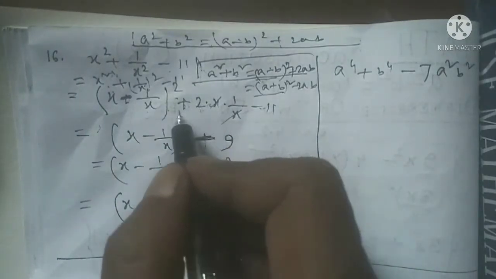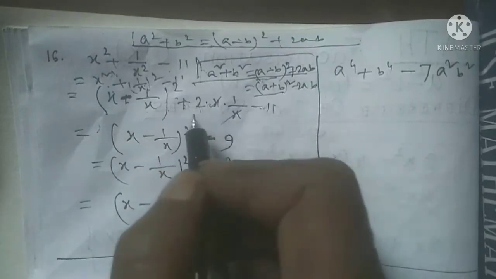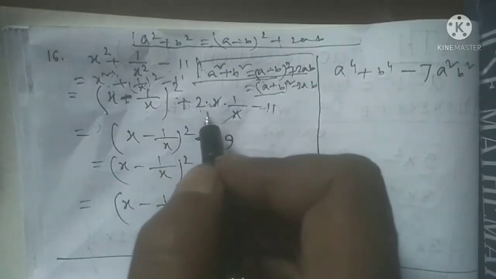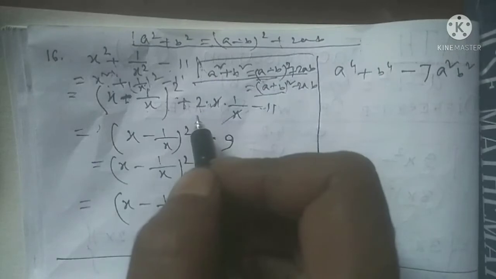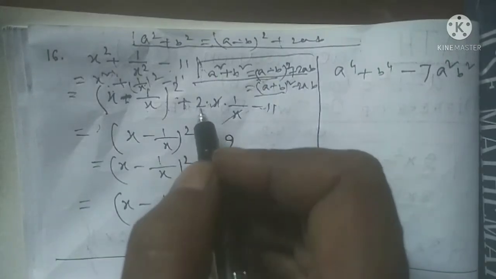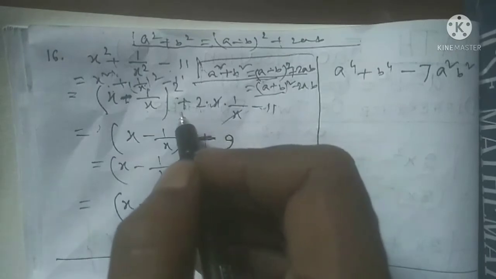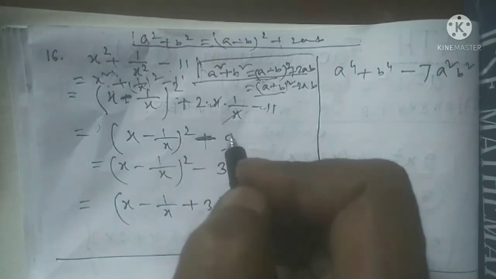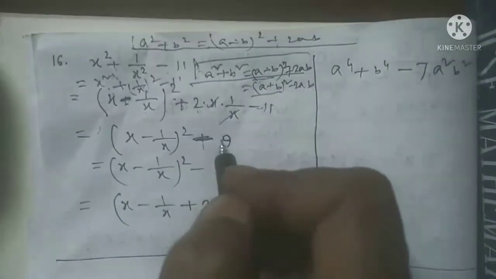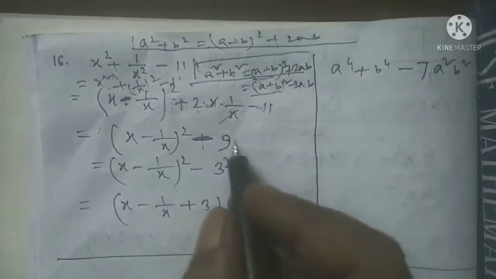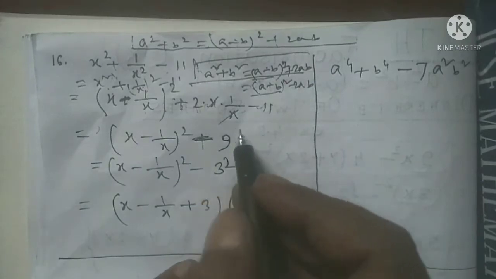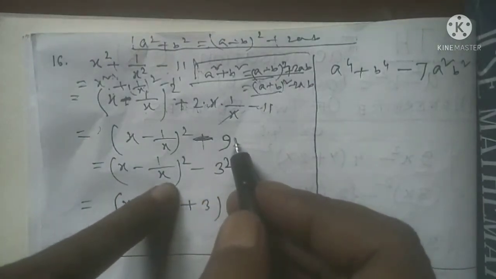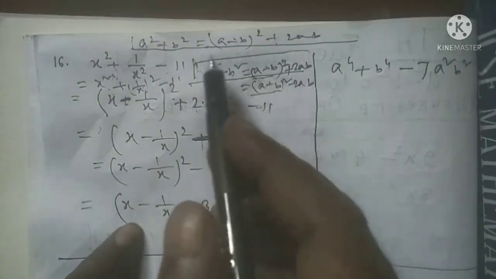So before 2 is minus, so minus 11 minus 2 is minus 13. Minus 13 is not a perfect square. If before 2 is plus, and minus 11, then you get minus 9, so 9 is the perfect square. So, my dear student, if you are not able to form the perfect square, then you should never apply this formula.